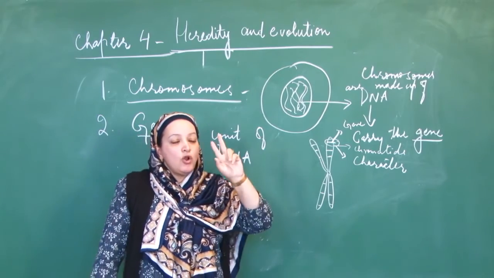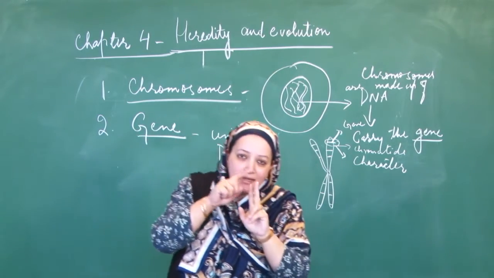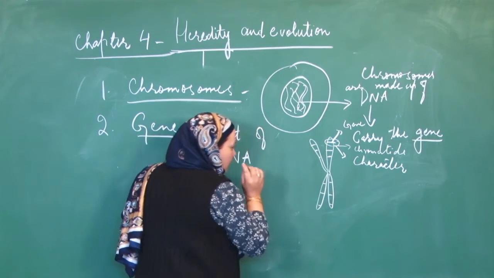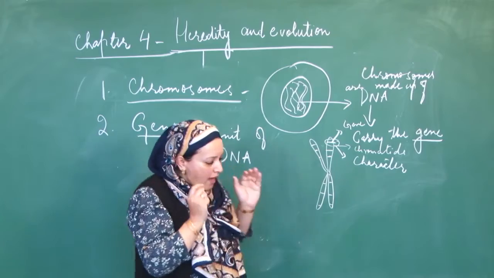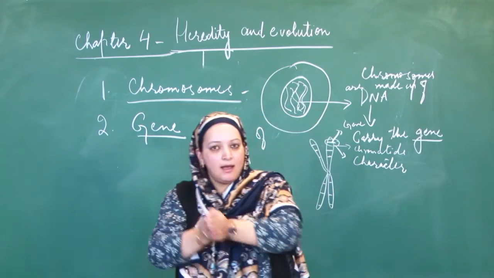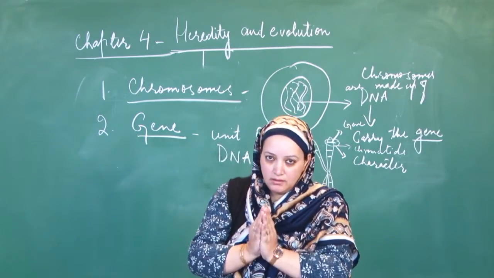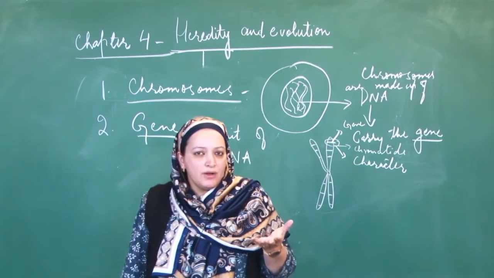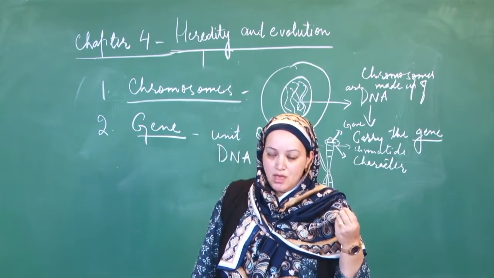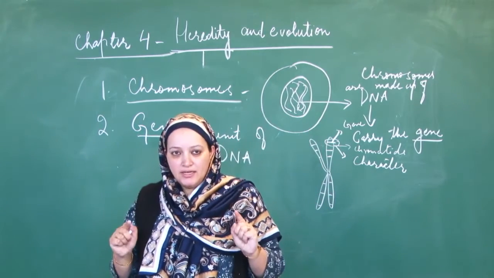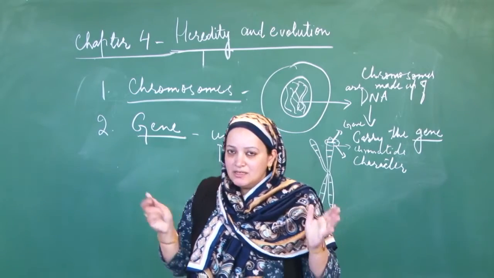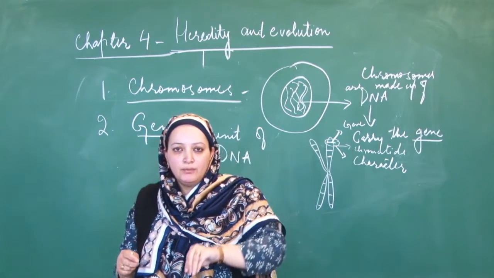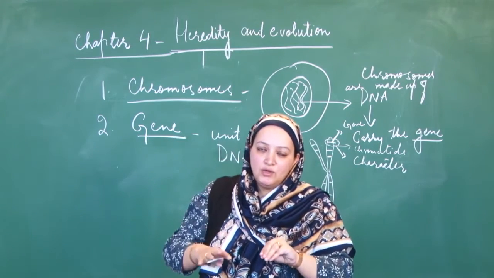Remember this, there are always two genes for one character. One gene comes from the mother and another gene comes from the father for one character. What is a character? Any character. For example, if we talk about the character height, there will be two genes for the character height, because as you know, gametes have only half the number of chromosomes. One gene for the character height will come from the mother and one gene for the character height will come